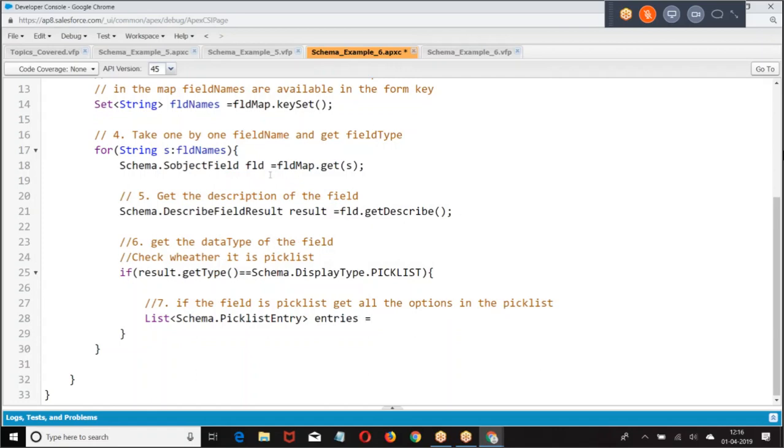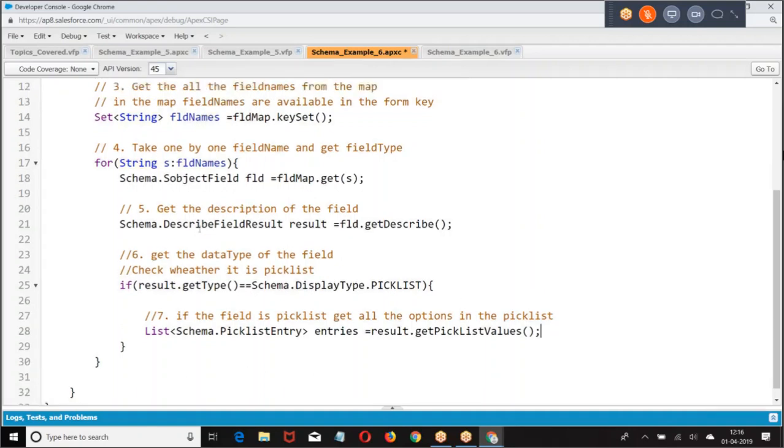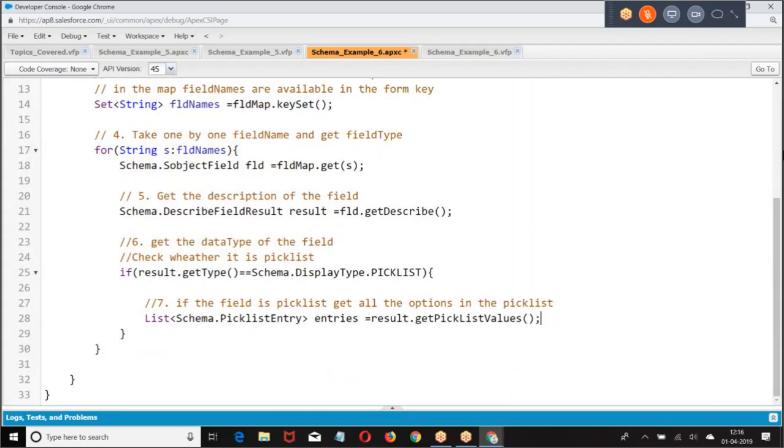It is equal to result dot quick list values. There should be a mismatch of the data result.